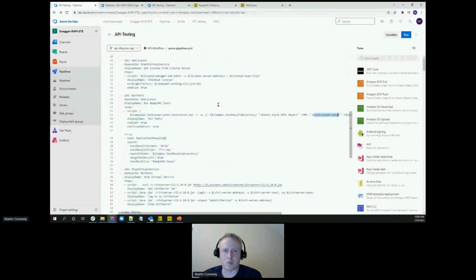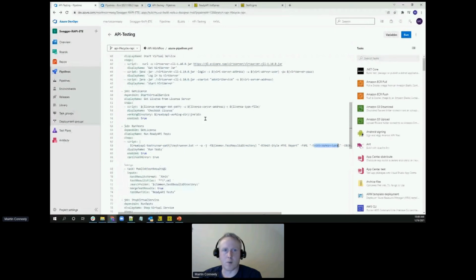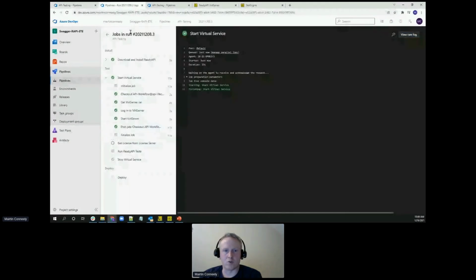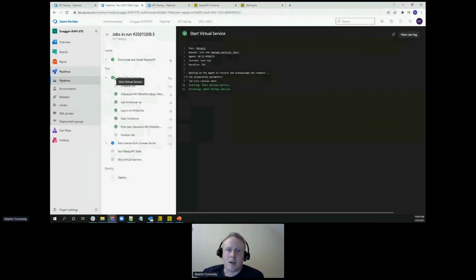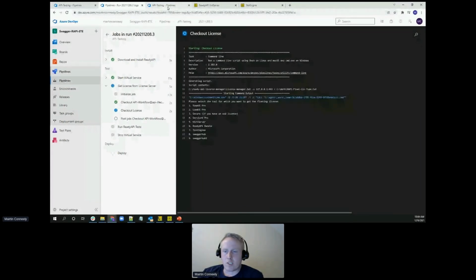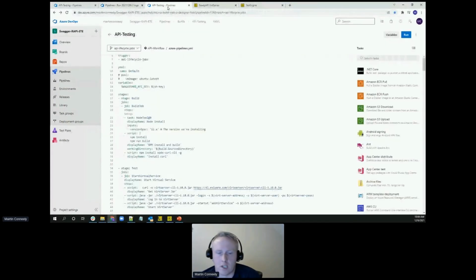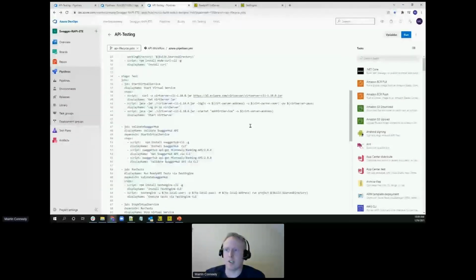Okay, where we're getting our virtual service, we're getting our license, we're running our tests, we're going to publish our tests. Okay, so it's going through those test steps. So while this is executing and while it's going through those different jobs, there is an alternative approach: to take that same project and execute those tests in Test Engine, and this is where we can use Test Engine to scale up